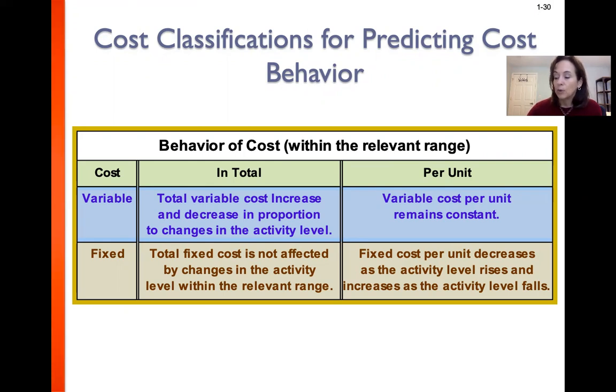In the practice homework, you've got several examples about variable and fixed costs, exercise 1-4, exercise 1-9, exercise 1-14. Be sure to take a look at those, make sure you're comfortable with it. Obviously, in the homework, you're going to have to do classifications of what's variable and what's fixed. And again, we will use variable and fixed costs throughout the semester, so make sure you have a good grasp of this. We've got one more video for chapter 1,